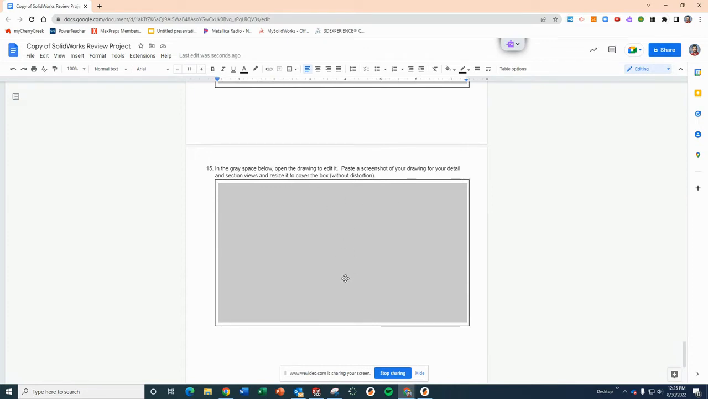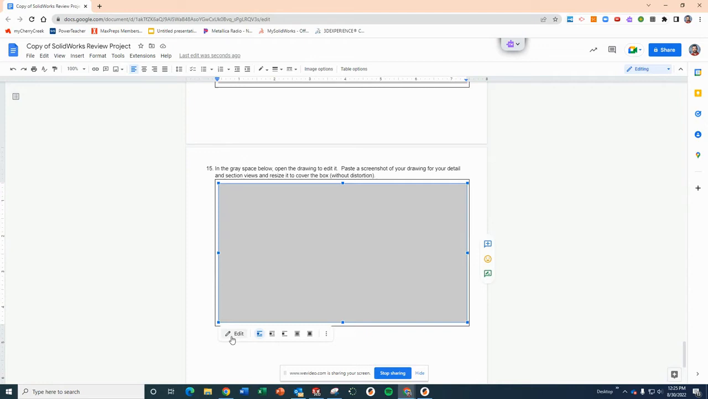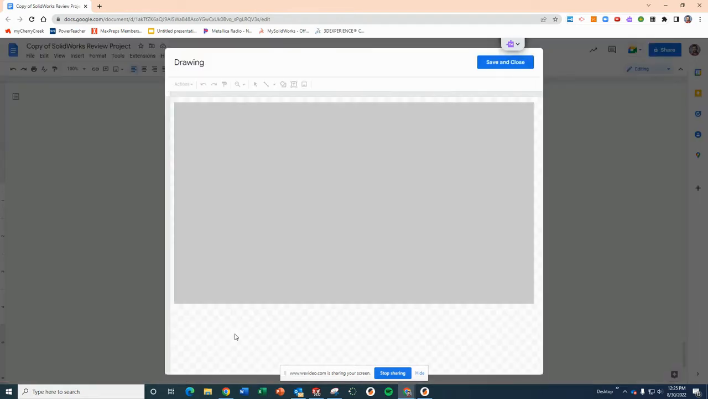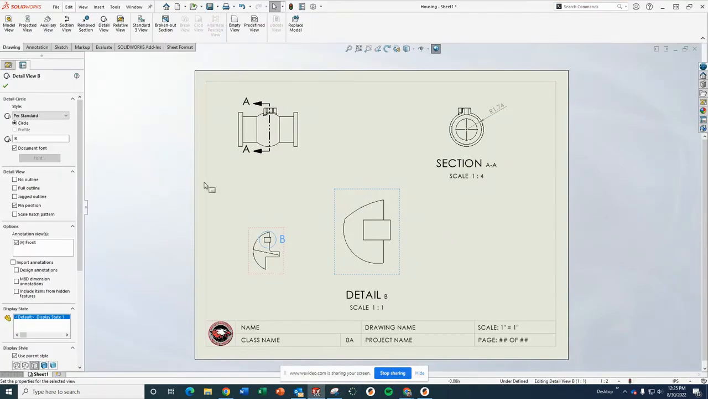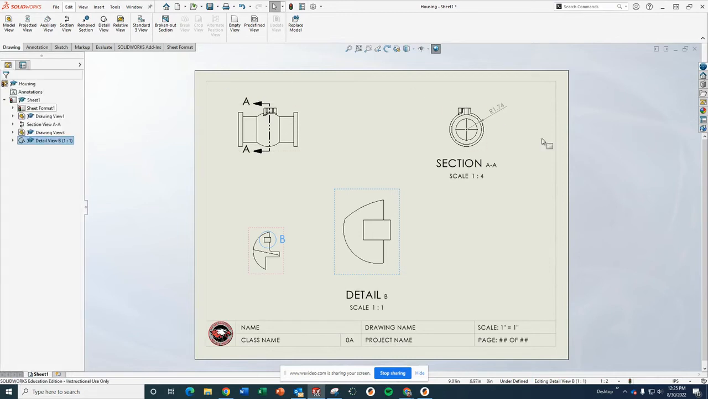What you'll notice when I click on this gray box is I have the option here for edit. I'm going to click edit, and what comes up is literally a big gray rectangle in this drawing space, which is exactly what we want. When I go back over to SolidWorks, you'll notice I have my view of my drawing all done up. And again, if you were turning this in, your title block would be filled out, everything would be complete, dimensioning